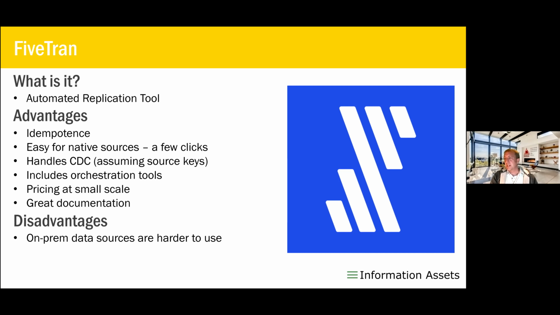Disadvantages: on-premises data sources, especially older data sources like Progress and whatnot, are harder to use. Non-standard APIs that are not one of their 170, and 170 is the number I'm using. I'm sure they've got more now. They're building them every day. Non-standard APIs are a little bit challenging to connect with. I actually worked through that process with one, and I found it to be time-consuming. I think once you've done it a few times, you get better at it, but it's not that easy to learn. And you can't really do real time.